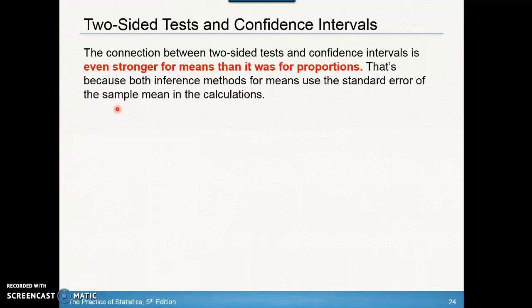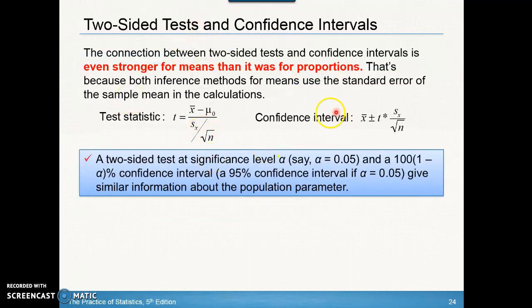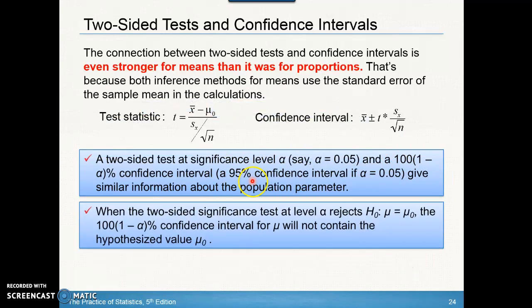But remember, with proportions, for one of them we use the population proportion, and that was for when we're finding our z-scores, and for confidence intervals we use the sample proportion. So we were kind of using the population and the sample, but for means we're using the sample every single time. Okay, so here's your confidence interval for your test statistic. Just remember, a 95% confidence level corresponds to an alpha level of 0.05. And then how will we know whether or not the confidence interval supports our